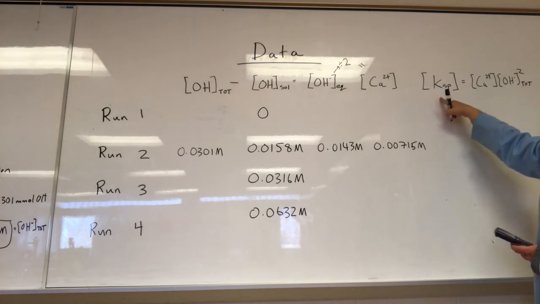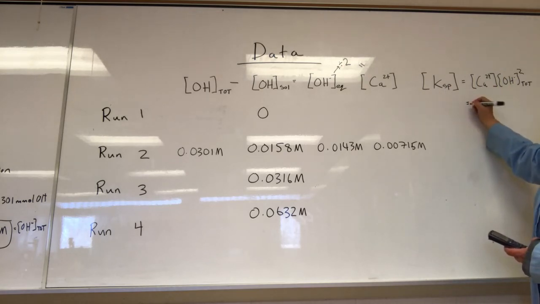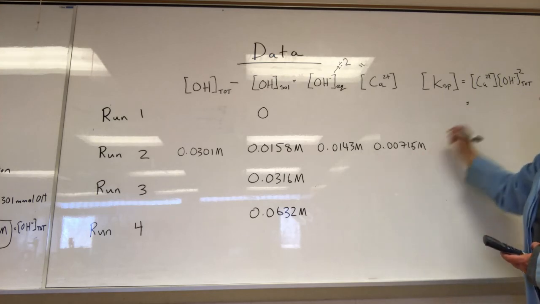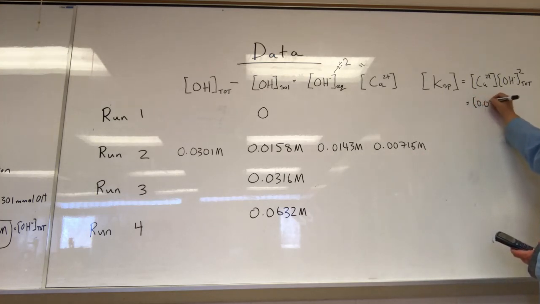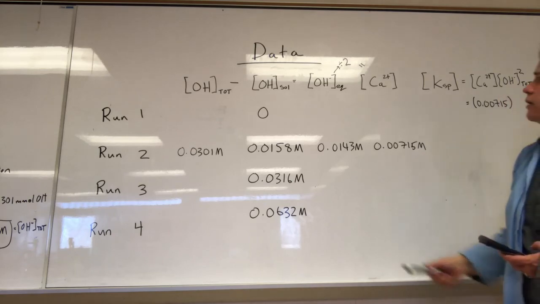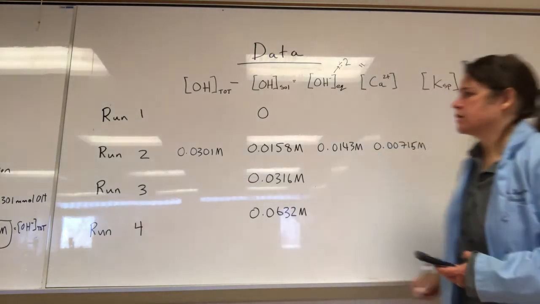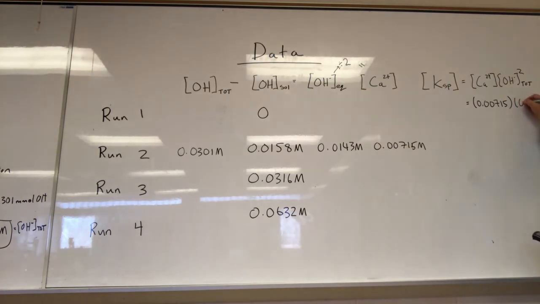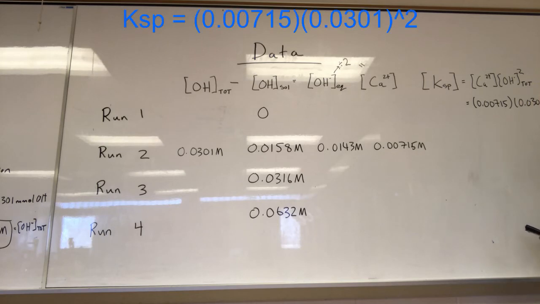So to solve for the Ksp in this example, we would take the calcium concentration and we would multiply it by the total hydroxide concentration, quantity squared. So that would give us